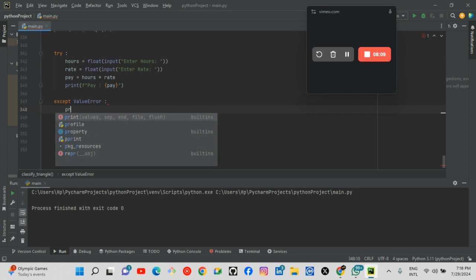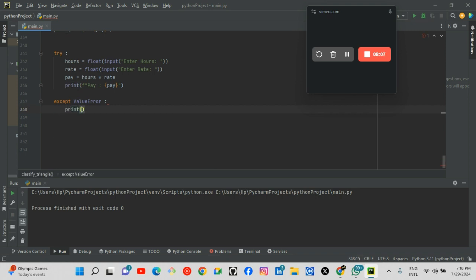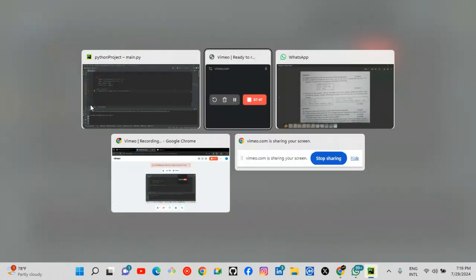So let me just say print error. Basically, this is how simple try and except is.